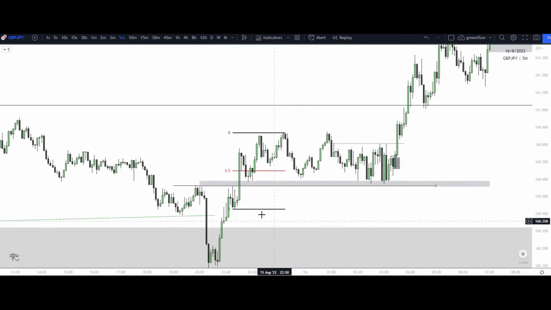So where that demand was introduced from this rally-base-rally that broke that structure point to the upside, price came down here. Now, this is where it gets very confusing because we're like, well, candle before candle theory, is it working? Is it not working? That's completely fine. We'll talk about what happens right here. So we see this higher time frame reaccumulation within this zone right here, and then we see a long liquidity that is being built within these areas.